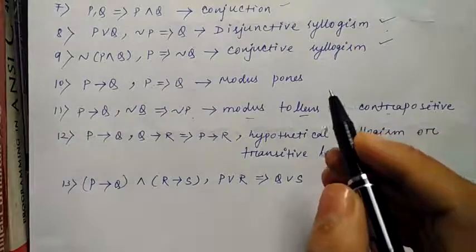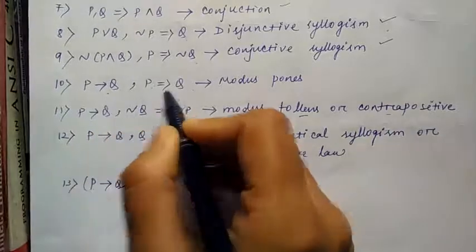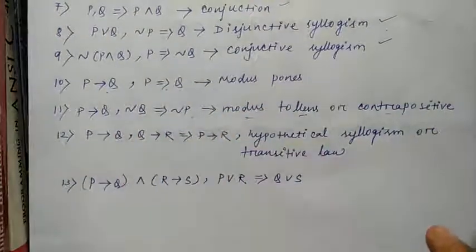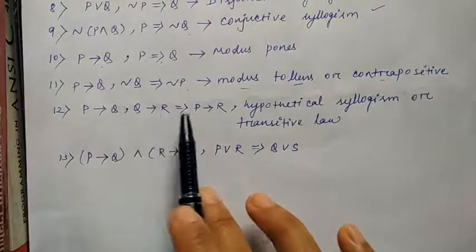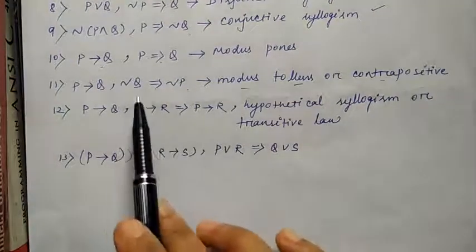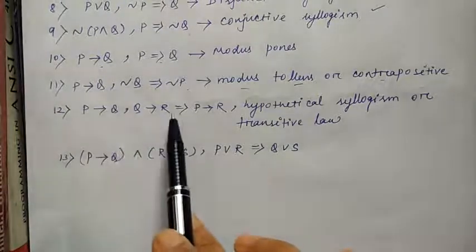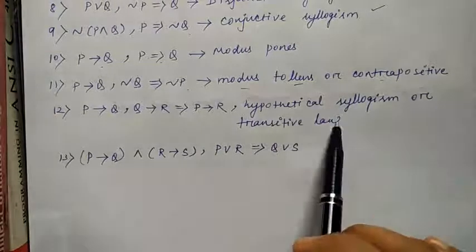Normally this is called implication. This is bicondition or double implication, you can say. Then we'll see here P tends to Q and Q tends to R, that implies P tends to R. You can see these two are common, so if you delete these two, P tends to R you can take. That is called hypothetical syllogism or transitive law.